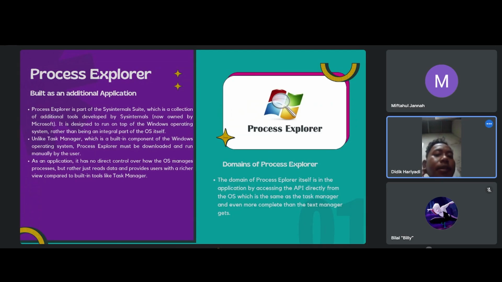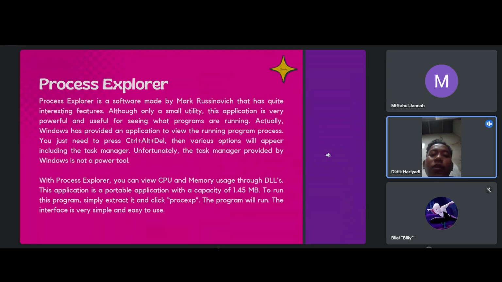Next, Process Explorer is software made by Mark Russinovich that has quite interesting features, although it is only a small utility. The application is very powerful and useful for seeing what programs are running.